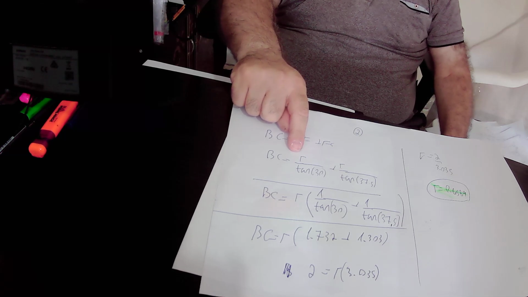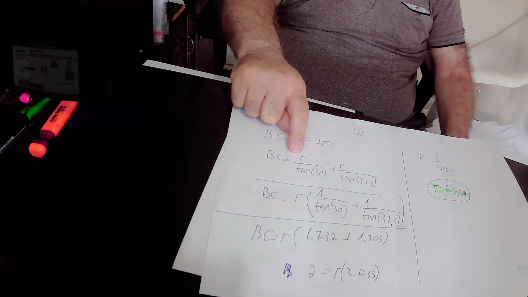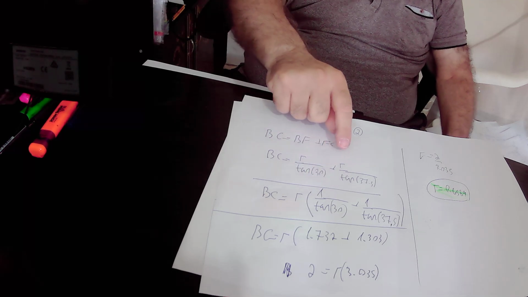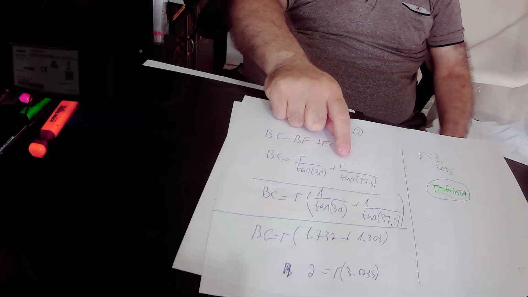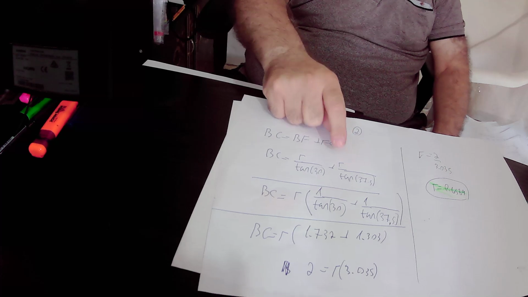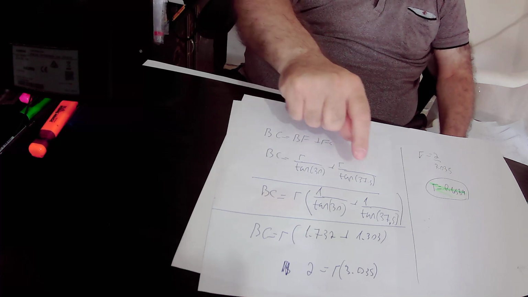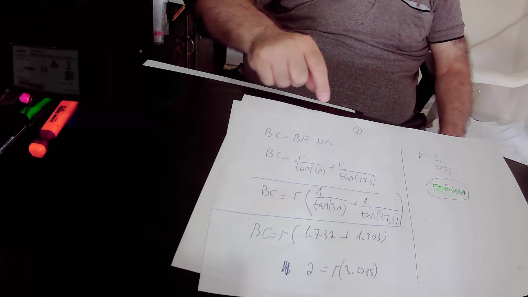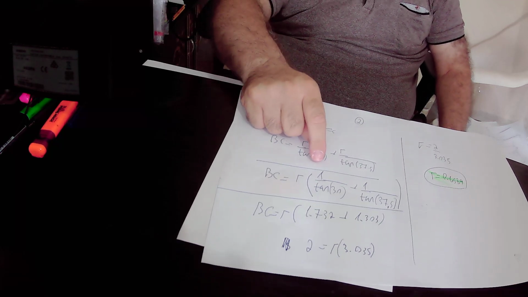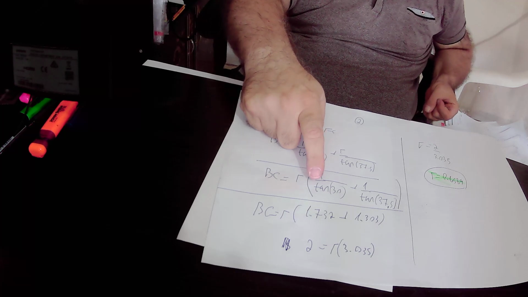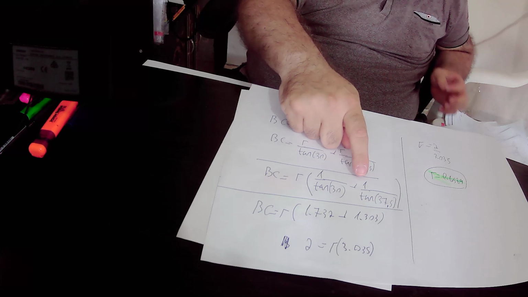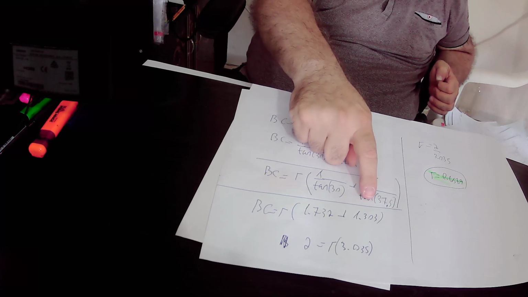What is left from R over tangent 30 degrees after we take R as a common factor? What is left is 1 over tangent 30 degrees. What is left from R over tangent 37.5 degrees after we take R as a common factor? What is left is 1 over tangent 37.5 degrees. Here 1 over tangent 30 degrees equals 1.732, and 1 over tangent 37.5 degrees equals 1.303,